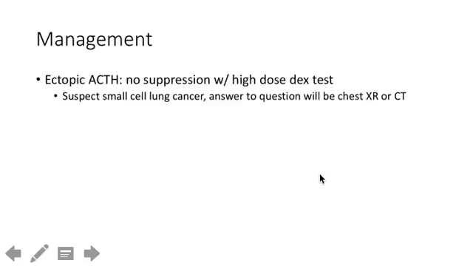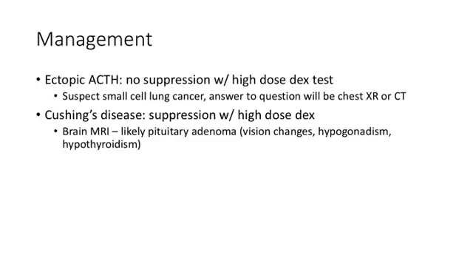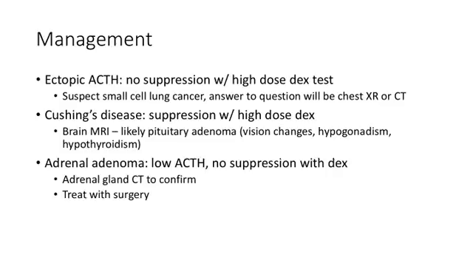So then how do we manage these different sources of Cushing's syndrome? Kind of like I just mentioned there, if we have an ectopic ACTH, it's probably small cell lung cancer. We're going to need to evaluate for a lung mass. And if we have a pituitary source, sort of like before with AI, centrally, we're just going to want to do a brain MRI and see if there is an ACTH secreting pituitary adenoma. And if there is, the management for that would likely be surgical removal. And then lastly, if someone happened to have low ACTH and we think that it's an adrenal adenoma or carcinoma, the first test is a CT scan, ultimately followed by surgery.